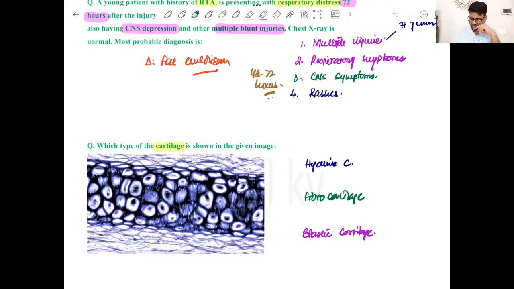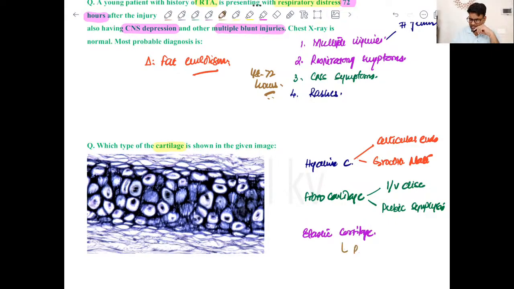And we can just take a few examples. Hyaline: articular ends, or the growth plate, fine. So we'll just take the important ones, which, yes, Pragati, absolutely right. Fibrocartilage: intervertebral disc, or pubic symphysis. I'm just mentioning the important ones, right? And the elastic cartilage, you can remember pinna or external auditory canal, or even eustachian tube, right? So these are the three